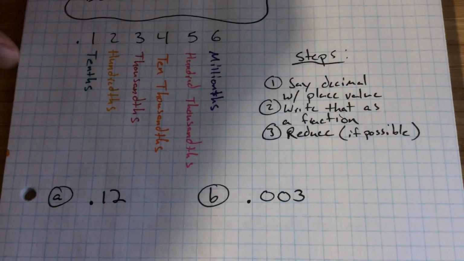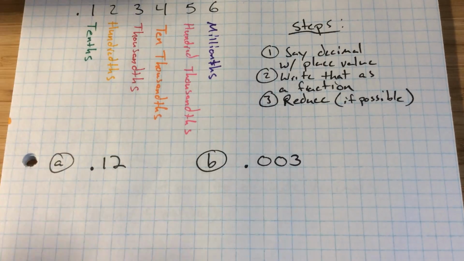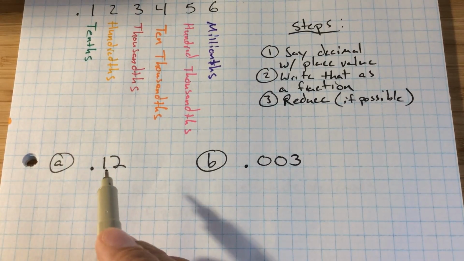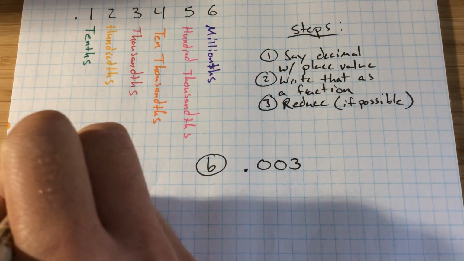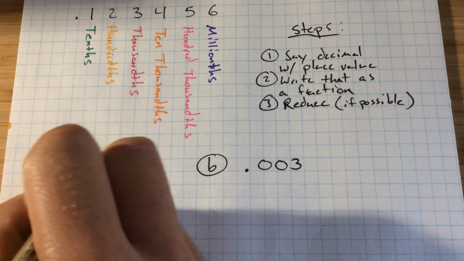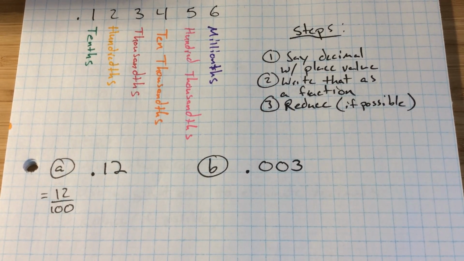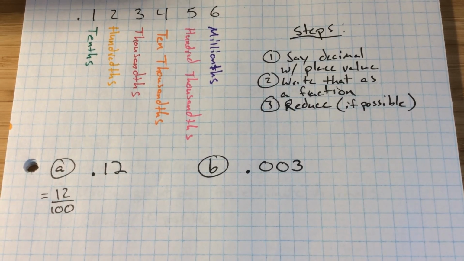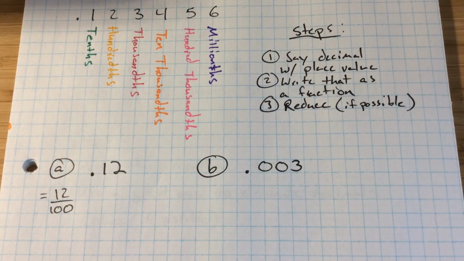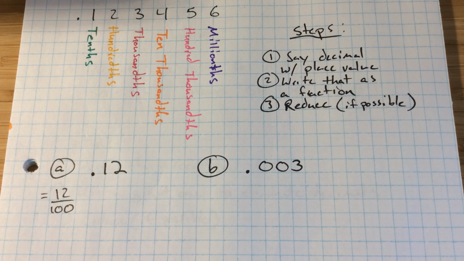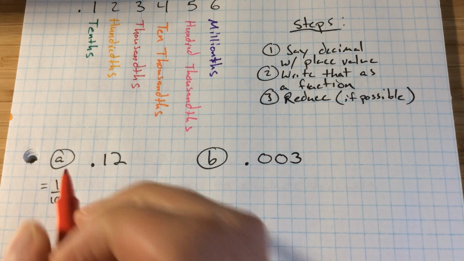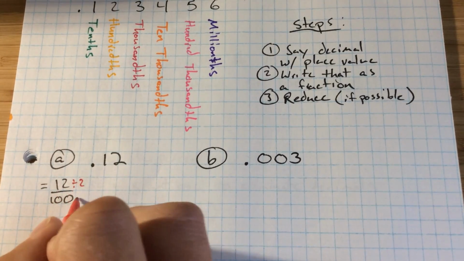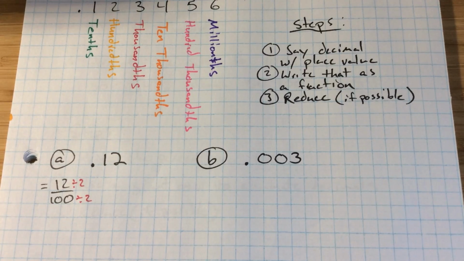So looking here, the first one, 0.12. I'm going to say with place value. So this is 12 hundredths. We actually used that example already. So this is equal to 12/100. Now I'm going to reduce it, so I can think, what can I divide both 12 and 100 by? And when in doubt, one thing I like to do is if they're both even numbers, so 2 and 0 at the end, these are both even, I know I can always divide them both by 2. So that gives me